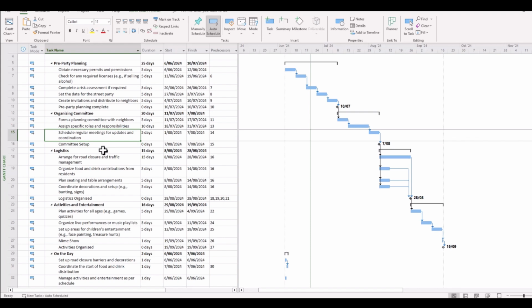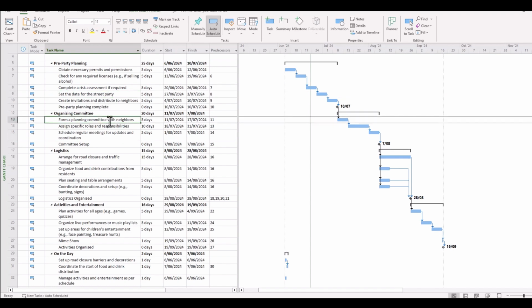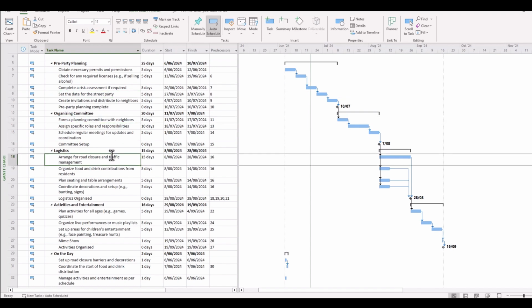So there are 3 categories, shall we say, of resources that are important. There are your people resources, there are your materials, and then more of your miscellaneous or one-off costs that you need in order to get the job done. So it's often a good idea, prior to jumping into your resource sheet, to perhaps go through and look at the tasks to see where you'll need people, material, and resources.